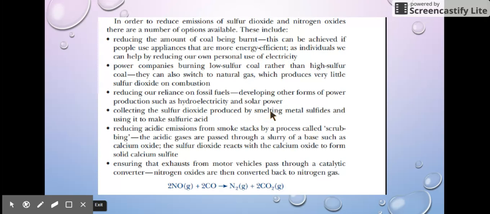You've got a lot of smelting that goes on, and that produces sulfur dioxide. But if you use a scrubber, or you can direct it off and try and make it into sulfuric acid, which is one of the things they do, actively make it as a source. Use scrubbers to remove oxides, and you've got catalytic converters that will actually